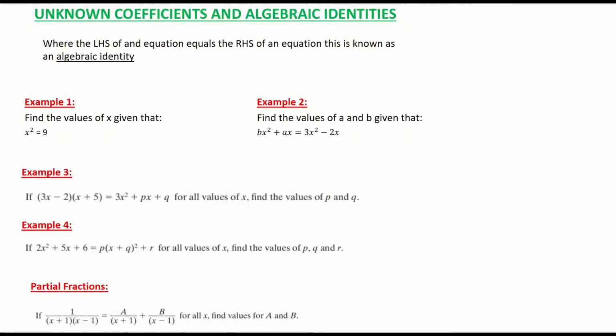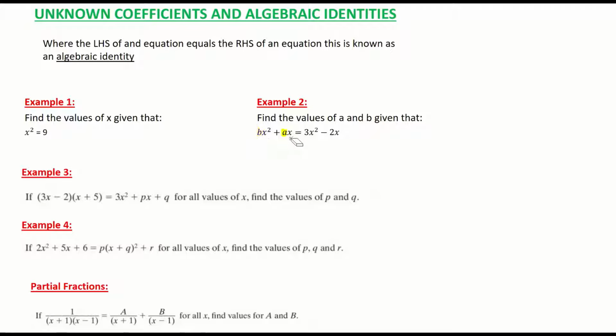In this video we're looking at algebraic identities. Algebraic identities are basically when the left-hand side of an equation equals the right-hand side of an equation. And they'll be asking us to find what are known as unknown coefficients. The coefficient is basically that number that's in front of the x. So they're basically getting us to find the value maybe of a or b, the numbers that are in front